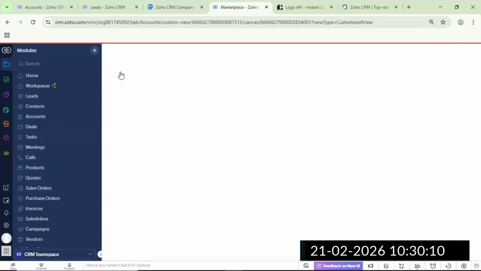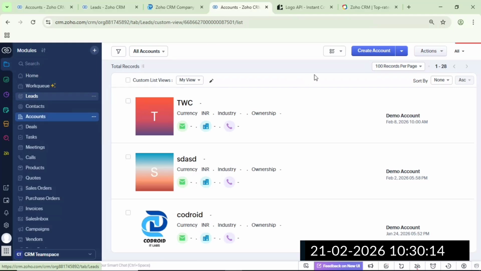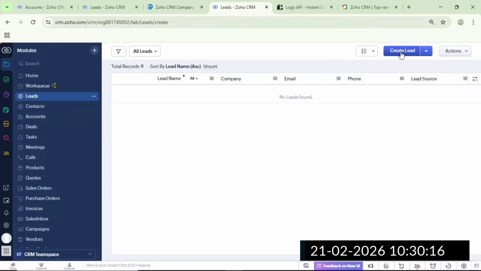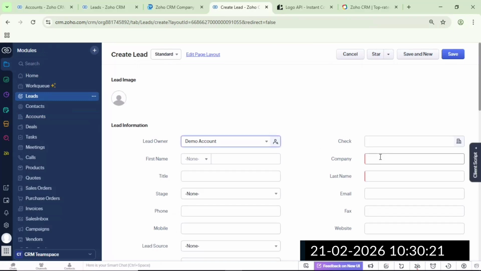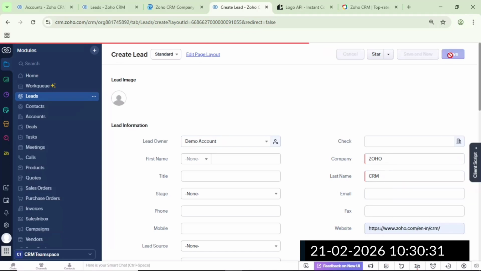I go to this account. There is a lead section. I click on the lead button, and after clicking on the lead button, I just type Zoho here, type CRM, and I don't have an email ID. I click Zoho CRM and just save it. After the lead is successfully created right now,